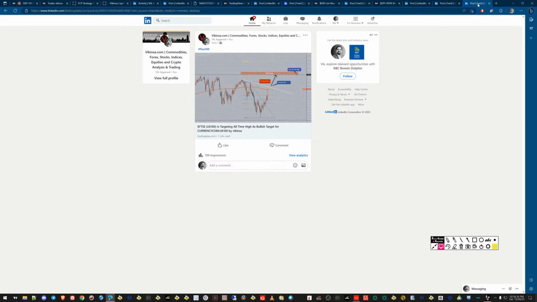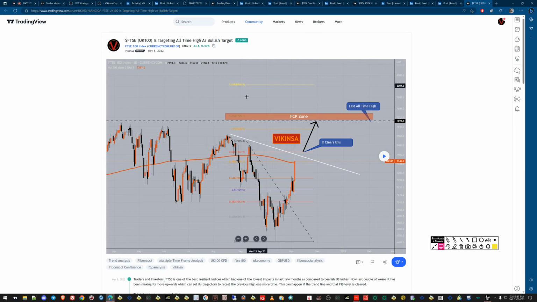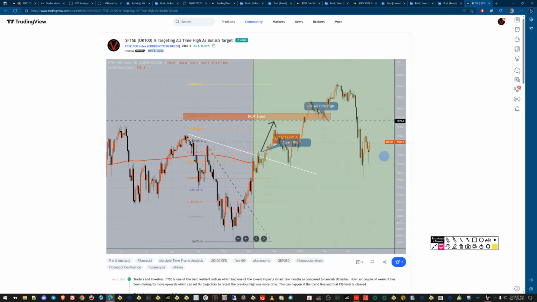Let's find that one out. Okay, yeah, this one. On FTSE, UK 100, few people call it FTSE 100, or others call it UK 100. This was expected to reach an all-time high, approximately 8,000, approximately 7,691, and this was given on November 5, 2022. And this has happened, right?